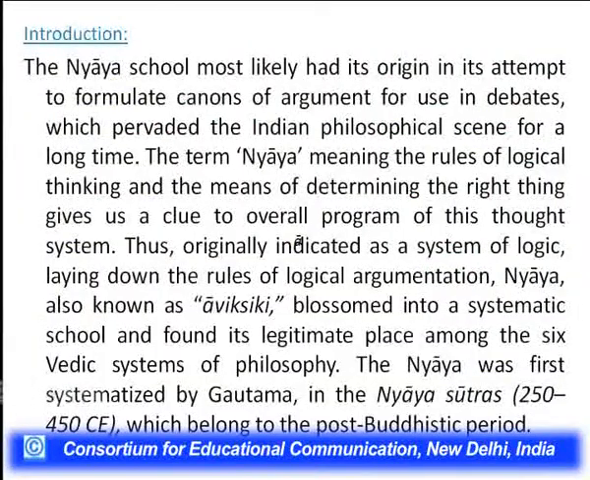So now let me read from some of the important secondary texts, introductory texts of Indian philosophy, and then we'll move from there. As a part of the introduction, we must remember that the Nyaya school most likely had its origin in this attempt to formulate canons of argument for use in debates, which pervaded the Indian philosophical scene for a long time. The term Nyaya, meaning the rules of logical thinking and the means of determining the right thing, gives us a clue to the overall program of this thought system. Thus originally indicated as a system of logic, laying down the rules of logical argument, Nyaya, also known as Anvikshiki, blossomed into a systematic school and found its legitimate place among the 6 Vedic systems of philosophy, also known as Shaddarshanas. The Nyaya was first systematized by Gautama in the Nyaya Sutras, which are dated between 250 to 450 CE,